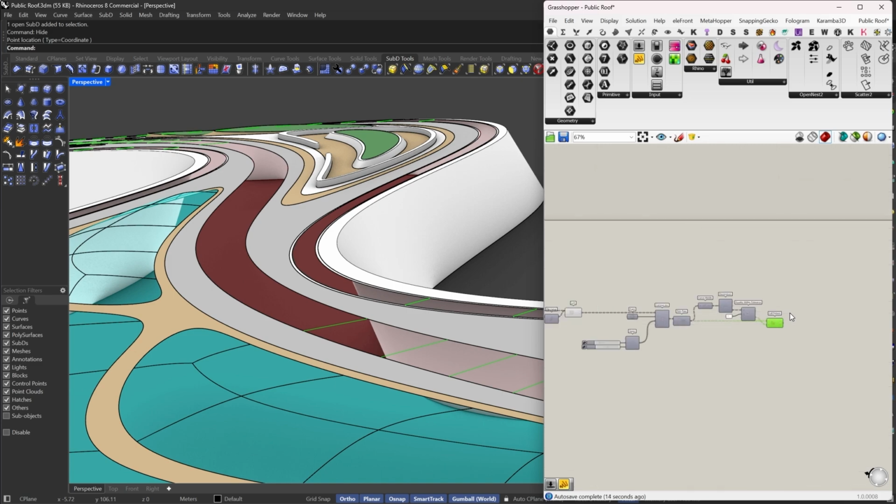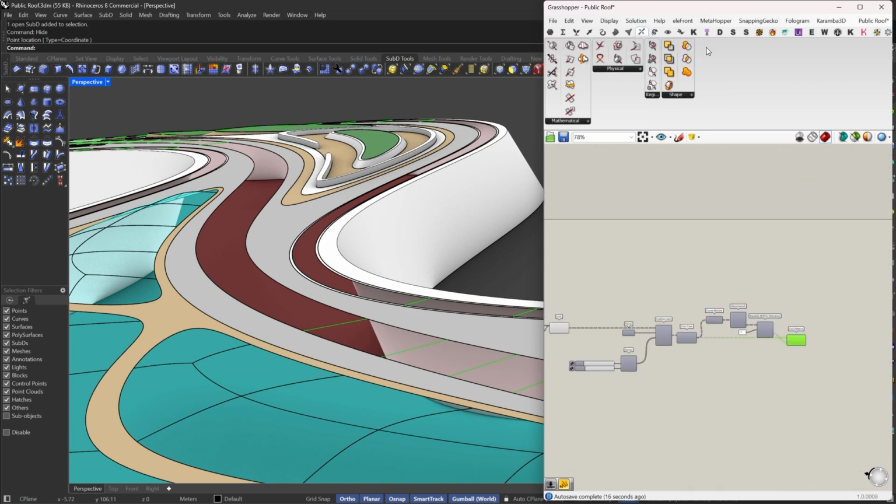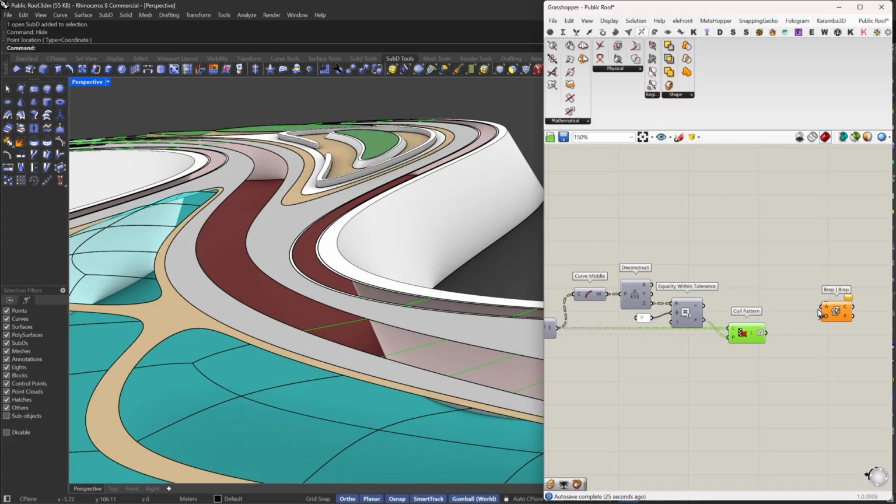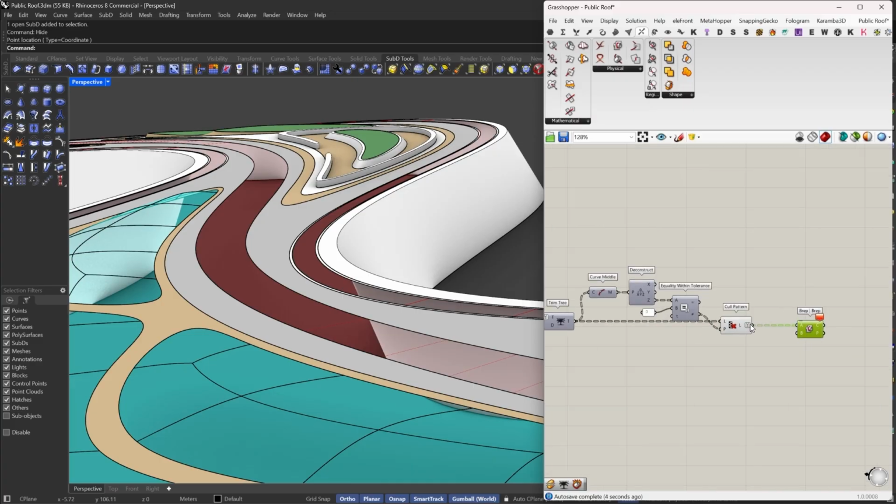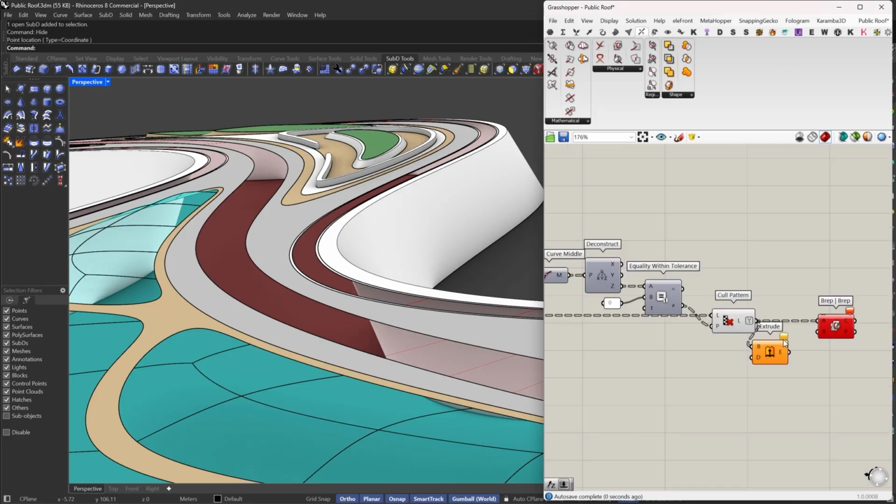So everything is good. And after that, I want to split all of this BRIP. So I'm going to say curve with BRIP, or maybe I think it would be better if we split them BRIP with BRIP. So let's say that I want to split, I'm going to extrude all of them,